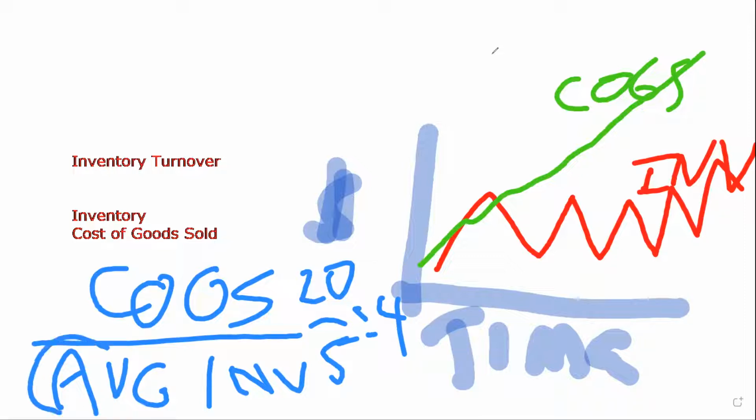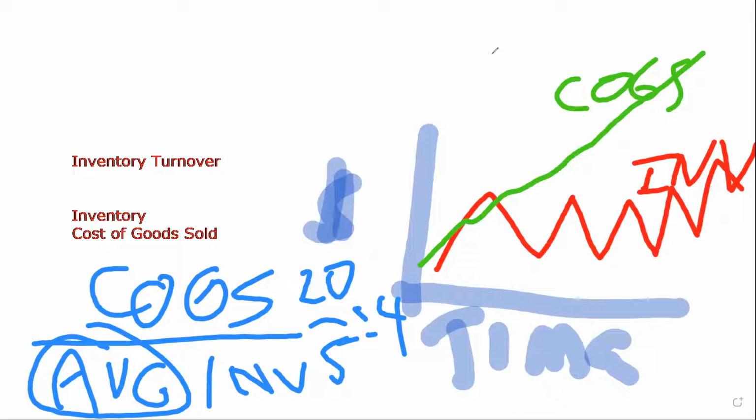But why did I have to do average? Well, cost of goods sold is over a whole year. So we're looking at cost of goods sold cumulative for the year. Cost of goods sold is an income statement item. It's for a period of time. So I'm looking at that period of time saying, okay, great, I have my cost of goods sold from the first of the year to the 31st of the fiscal year, 12 months worth of stuff.